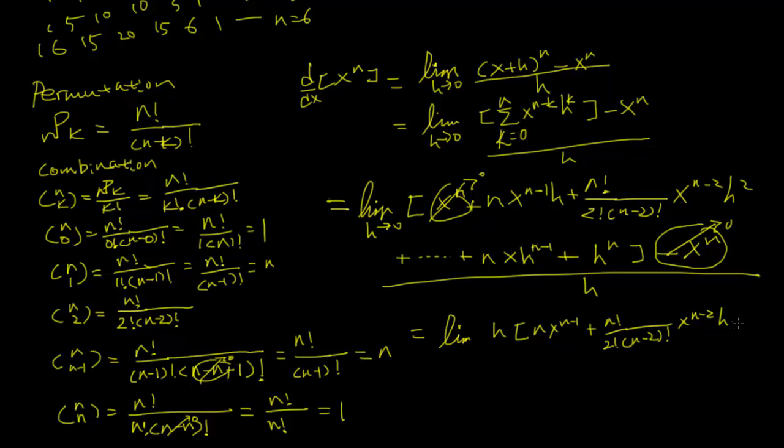let's say I like to bring the h down here, and the next term, which is this term, n times x times h to the n minus 2 power, plus h to the n, plus, minus, because of minus 1, all over h as h approaches 0, and this h cancels out, and we have